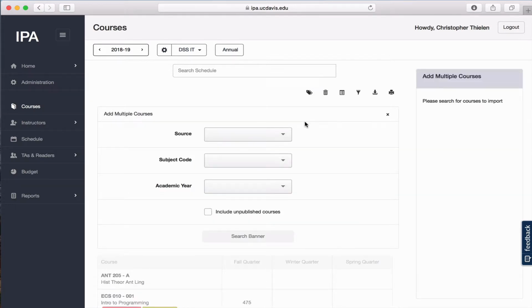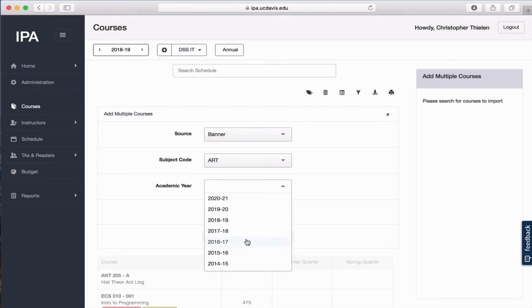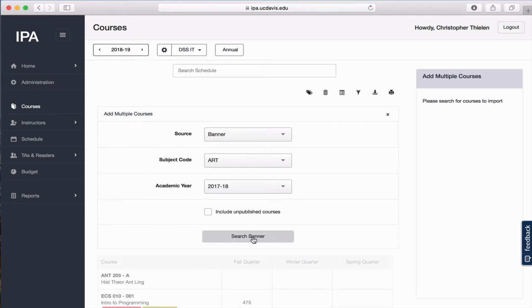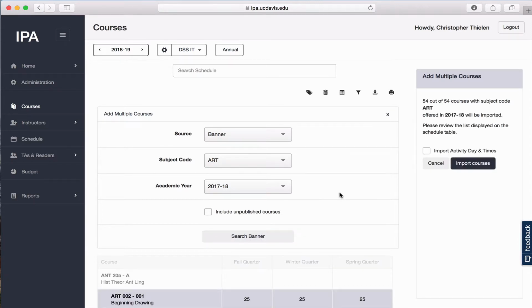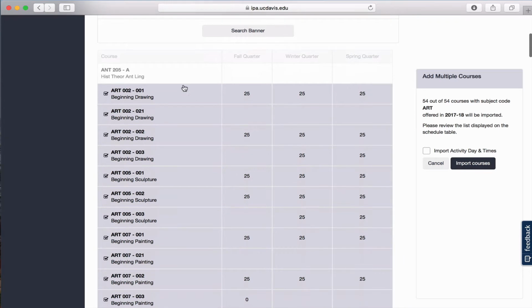If I click on it, I have to answer 3 questions here. I have to say where I'm going to get the courses from. Do we want to roll them over from a previous year in IPA or roll them over from Banner? It's going to ask us for the subject code. Let's do art and we'll pull from, I guess, 17, 18. I'll click search and it'll take a few moments, but you'll see as we look down here, we have this